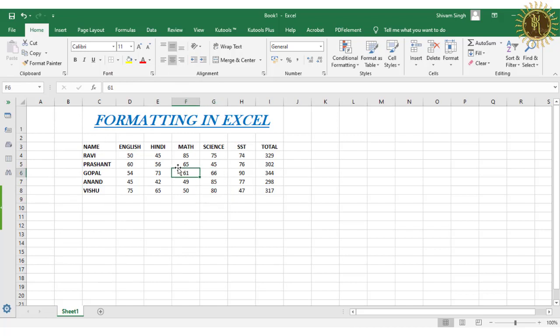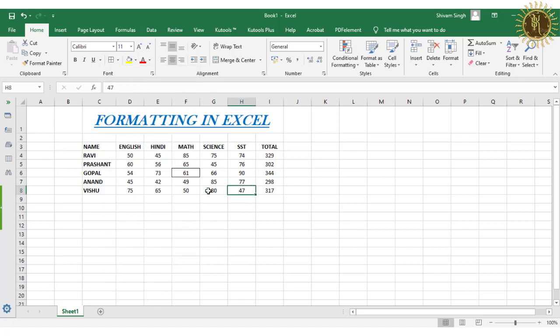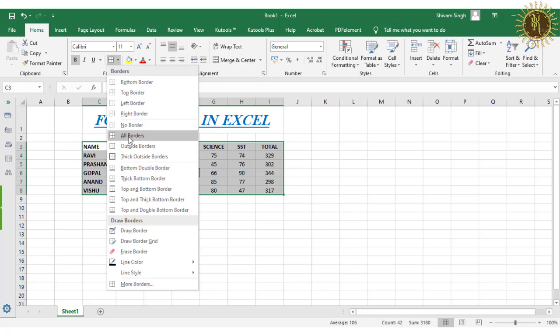Okay, and after that all borders. So after doing this you can see all 4 sides of this cell the border has been applied. So you can do this in the whole table also. Okay, all borders.